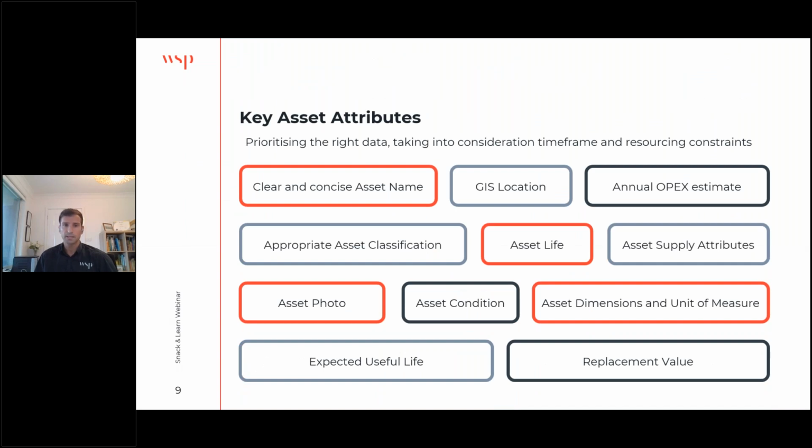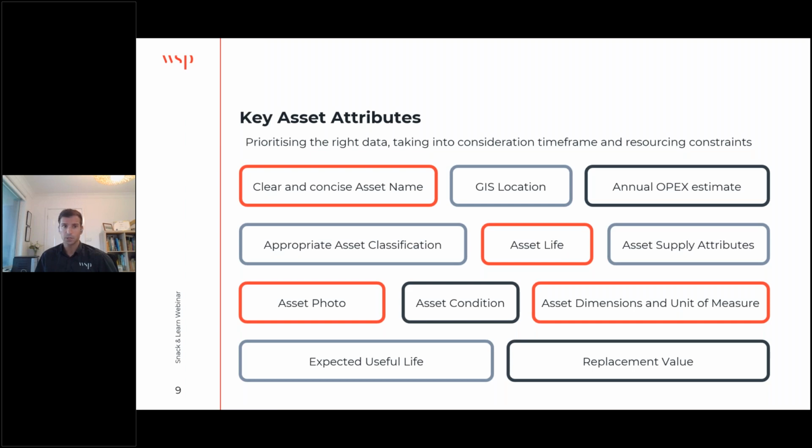The information requirements then guided the program in establishing some key asset attributes that would be able to provide the information the business needed. Due to the limited time frame and resourcing constraints, it was important to pinpoint which pieces of data would be the most useful and impactful across all asset classes. Crucially, you can't and shouldn't aim to collect every piece of information under the sun. It's too onerous, not just to collect it first time, but to maintain that data accuracy over time. Every organisation is constrained in time and resources, so prioritise what's important.